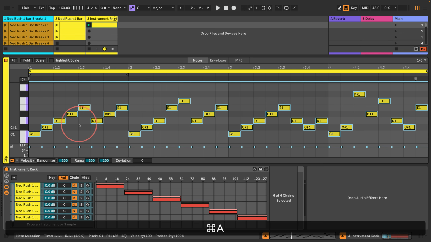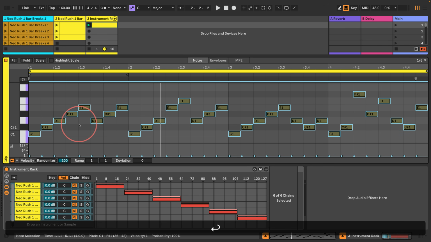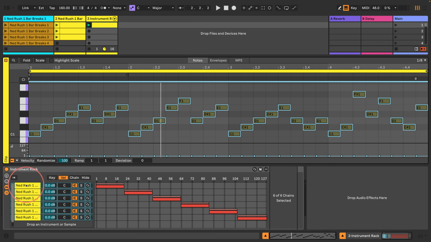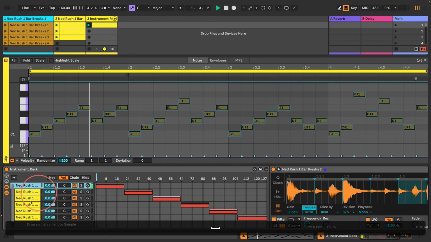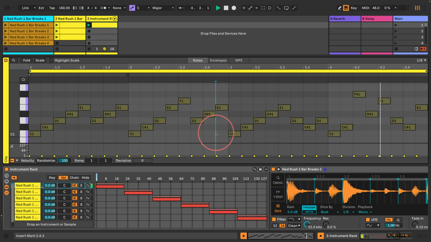Let's do select all and type in 1. Okay, now they all have a velocity of 1, which means it's only going to play this one here. And we can see that by pressing this button here. So you can do a little bit of that stuff, but I want to apply a little bit of